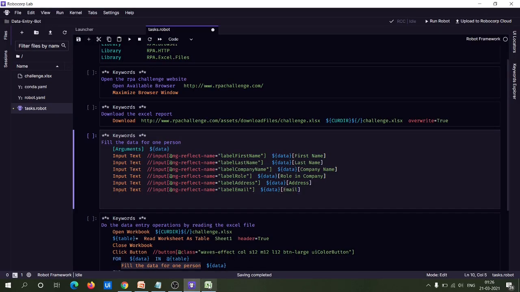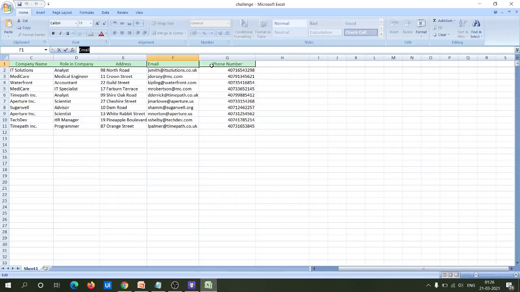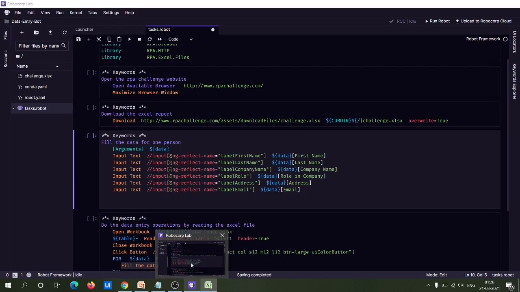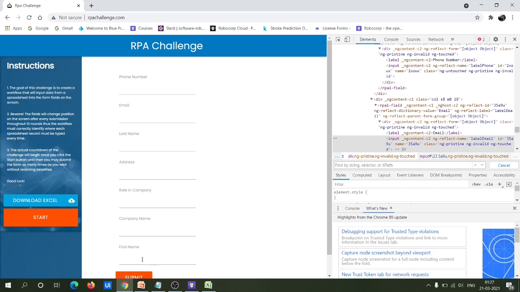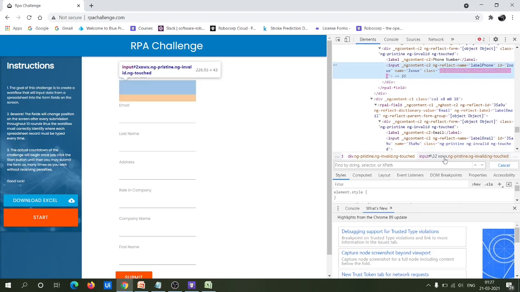Next you have to input phone number. So you have to use input text to input the phone number. So you have to specify the locator for phone number. Let me copy this attribute to write the locator.